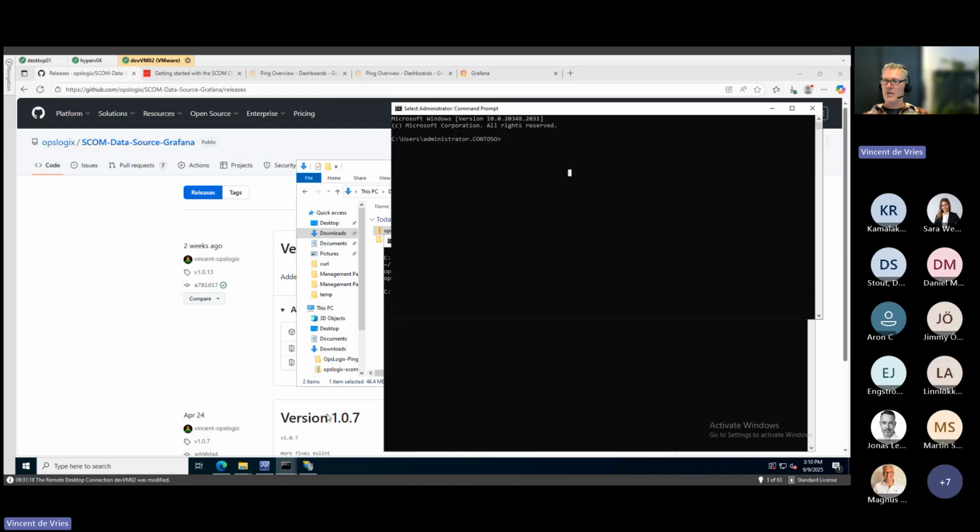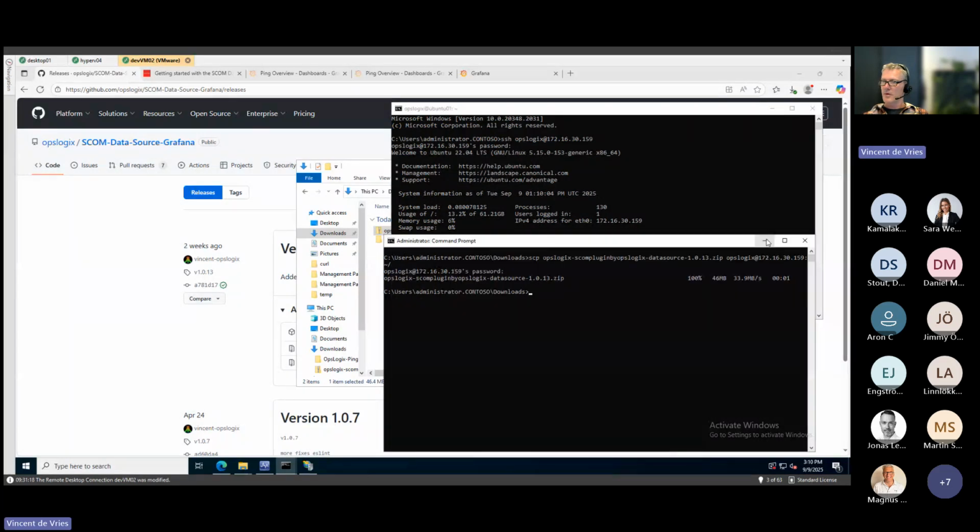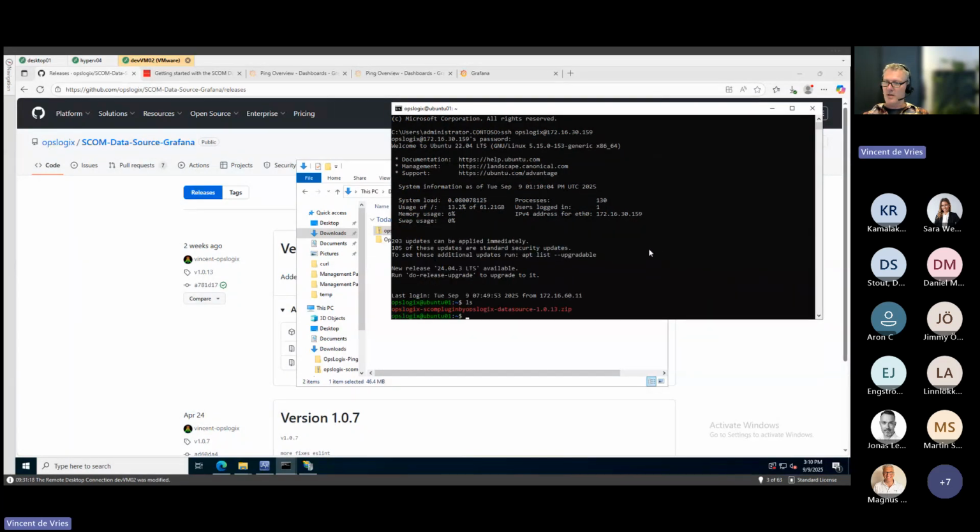And then what we want to do is SSH into the server. So we'll SSH in with the user Opslogix at the IP address 30. All right. Okay, so there we go. And we'll check if the zip is there. It is there indeed. So now what we need to do is unzip it to the plugins